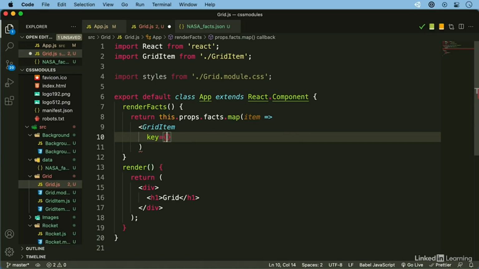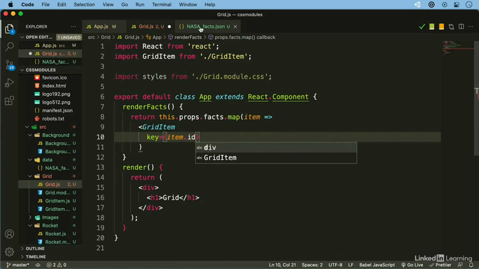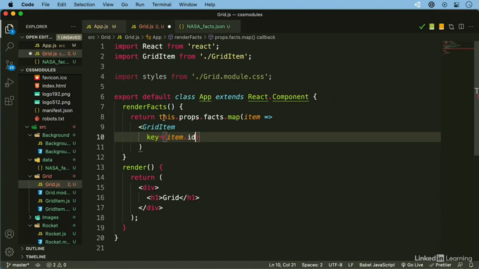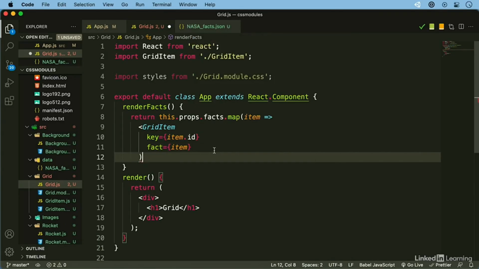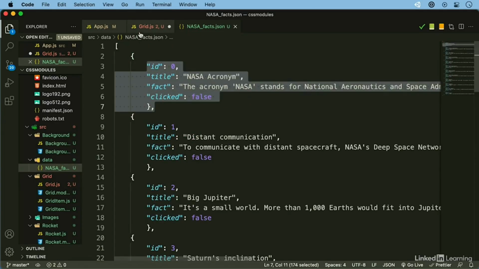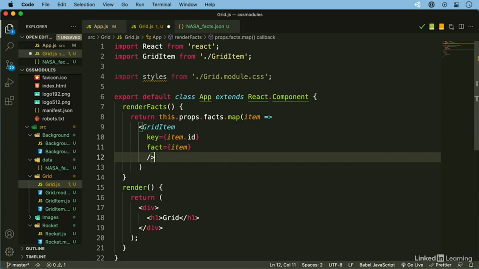So let's go ahead and pass the key as item.id. So we have an ID for each item in here. So 0, 1, 2, and whatever follows. And then we're going to pass for each element in our database the item. So whatever is in the item here will have access to all that data and leverage it inside of the component. So then we need to make sure we close that component,